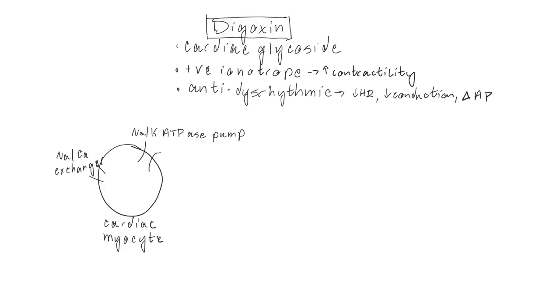So what's normally happening inside and outside the cells is that sodium is getting pumped outside through the sodium potassium ATPase pump, and 3 sodiums are going to come to the outside of the cell in exchange for 2 potassiums